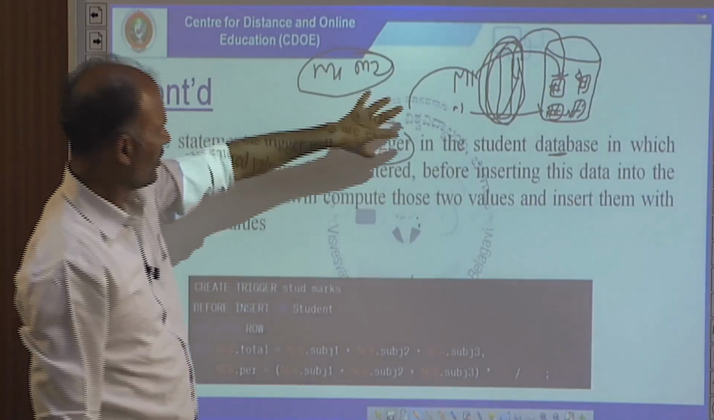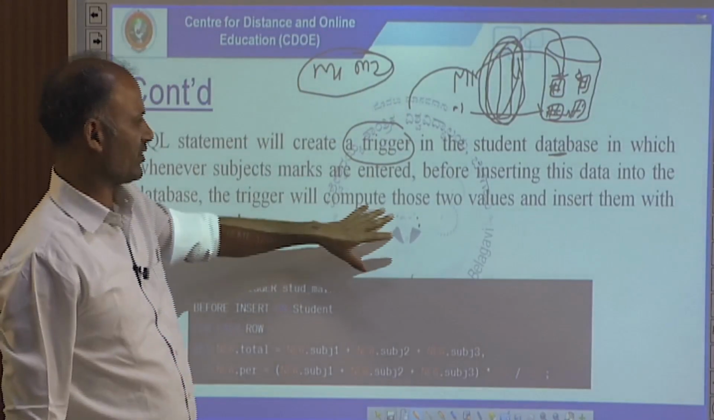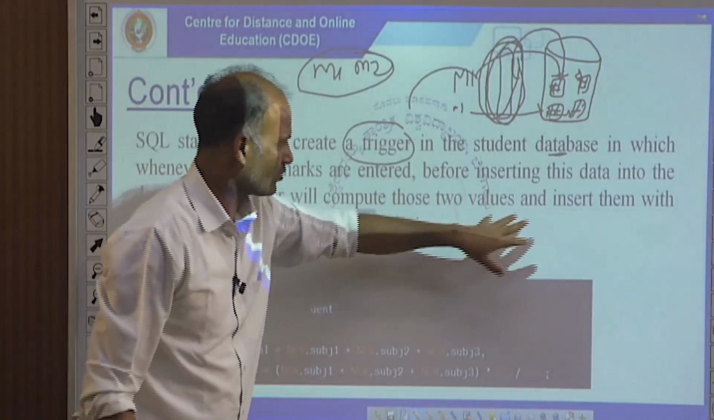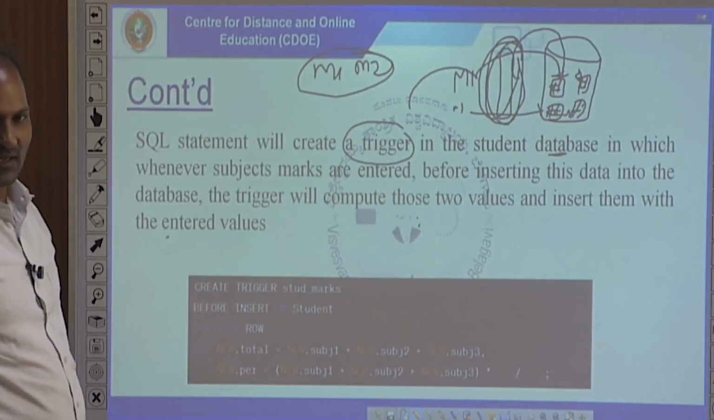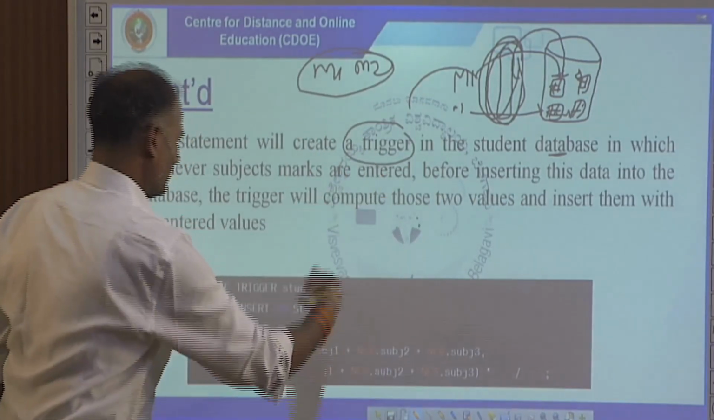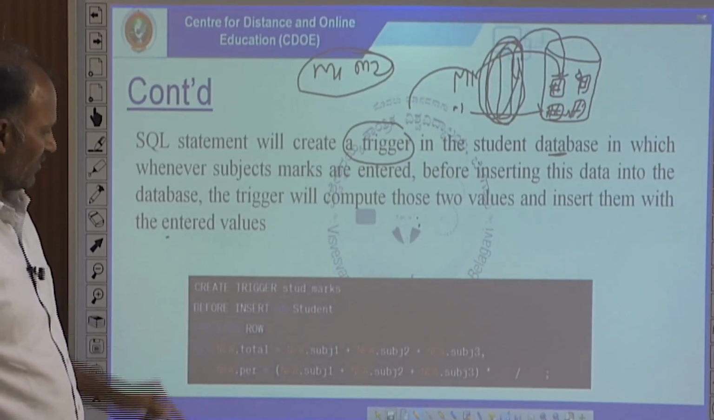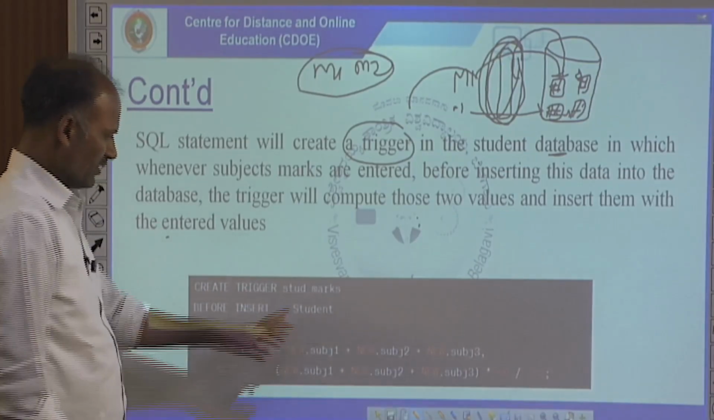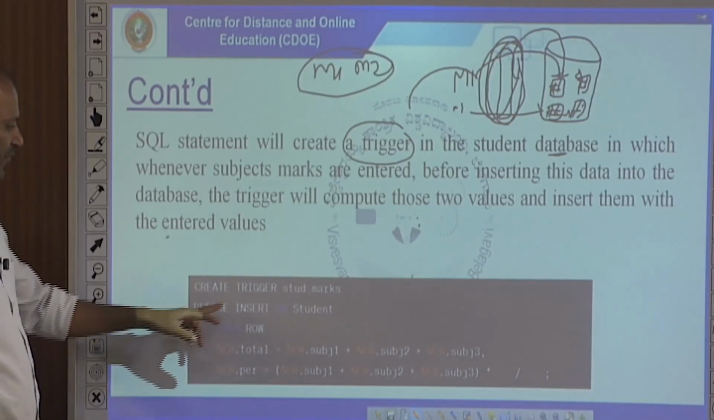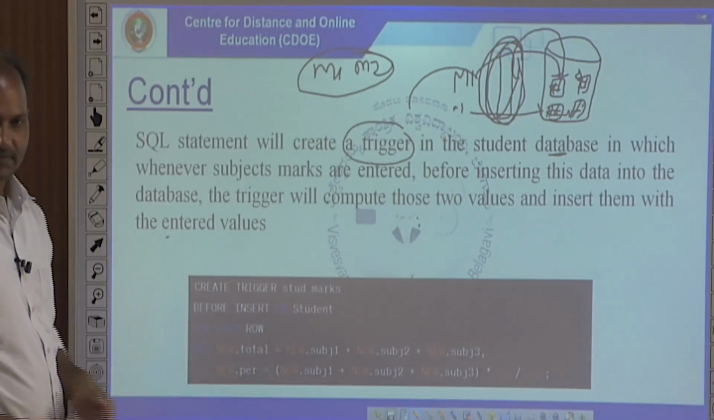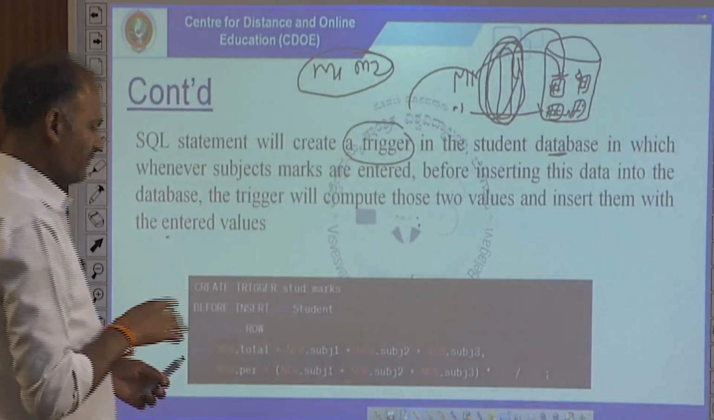Now we will write a trigger. What it does is perform some computation on those two values and insert them with the entered values. So how do we create a trigger? Create trigger student_marks. This is the name of the trigger. Then next is before insert on student, which means before inserting the data into the student table,